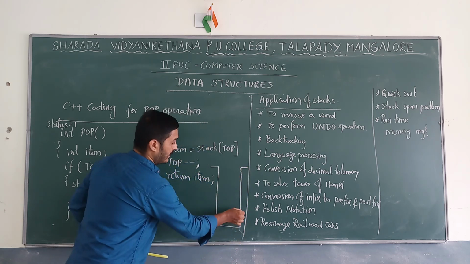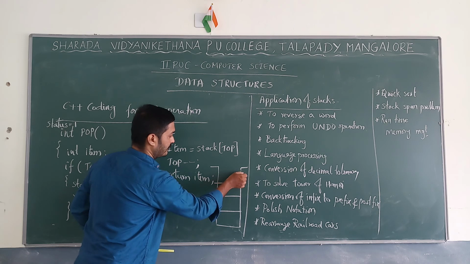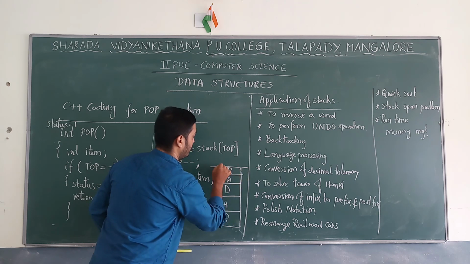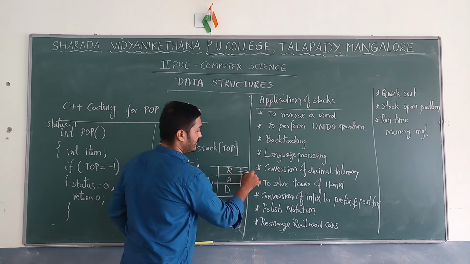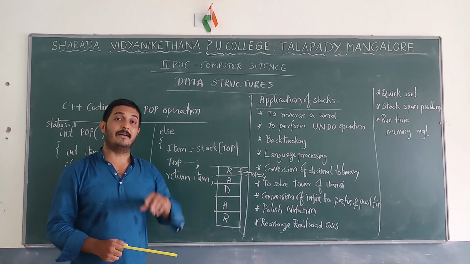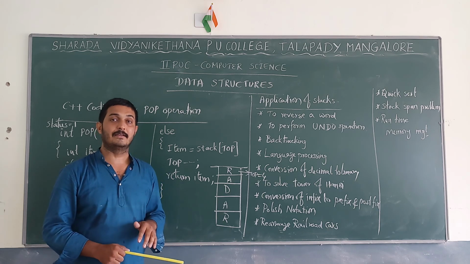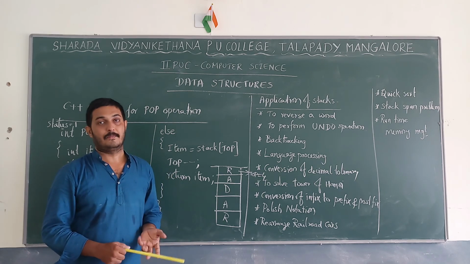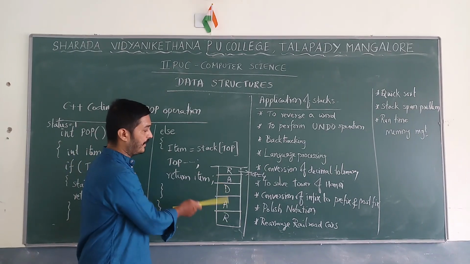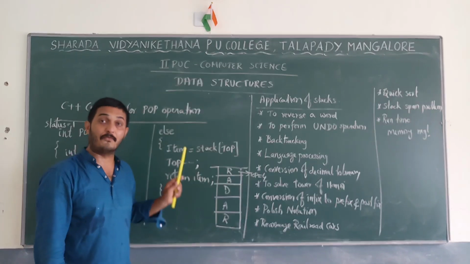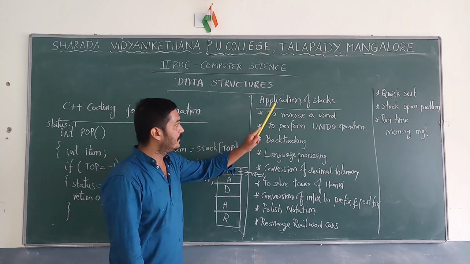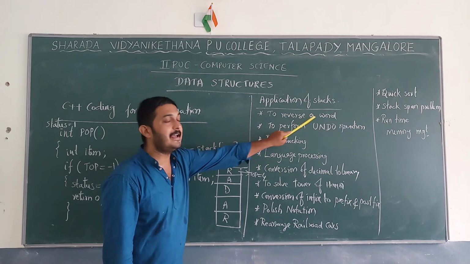and we can insert elements like this. R. So the last element is R, and top equal to 4. Here top equal to 4. In case you want to check whether the given word is palindromic or not. Palindromic means it is equal to its reversal. For example, radar, R-A-D-A-R. Its reversal is the same, R-A-D-A-R. Suppose you want to check whether the given word is palindromic or not, so we need this. This is a stack application. So it is one of the applications, to reverse a word.